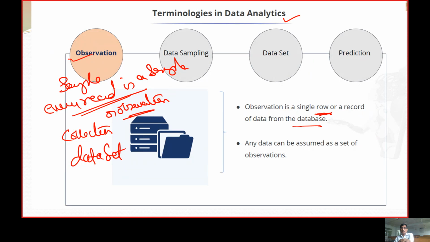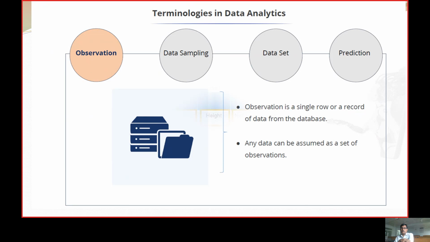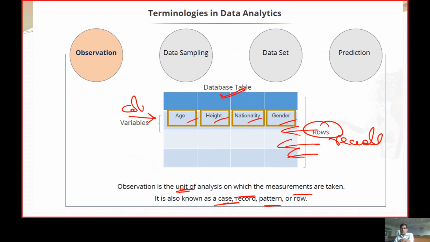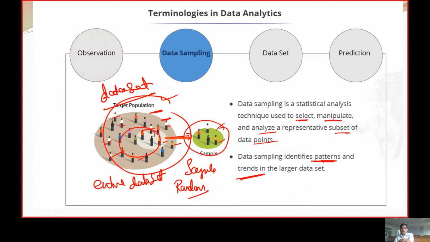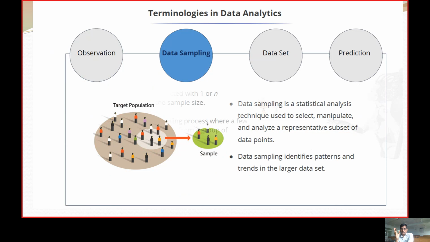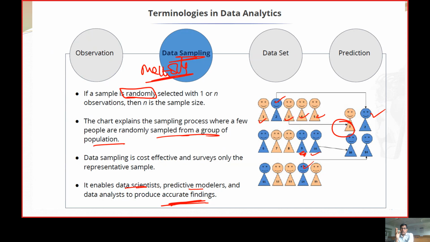So as far as terminologies in data analytics are concerned, it is with observations for a sample, then it goes with the row definitions, column definitions, and we have the entire population, which we call the target population. I want to identify what went wrong or what pattern there is. So randomly choose some entities from that population. We call them samples. We apply a sampling mechanism. We apply predictive models, etc., to get actionable insights. And if it works in the sample, we reciprocate the same to the target population.